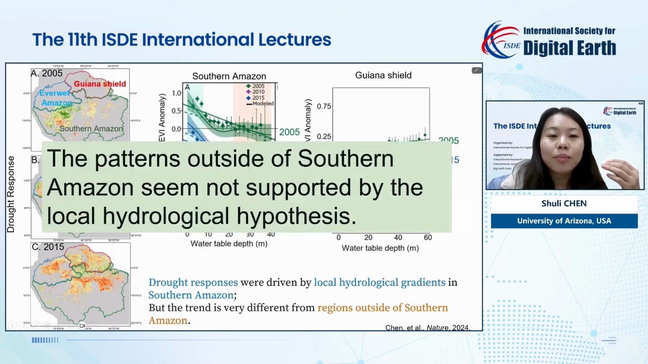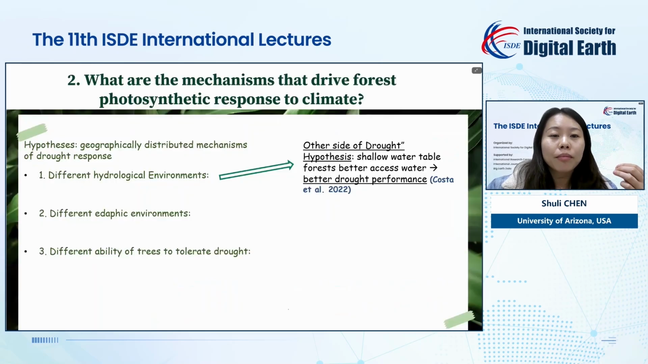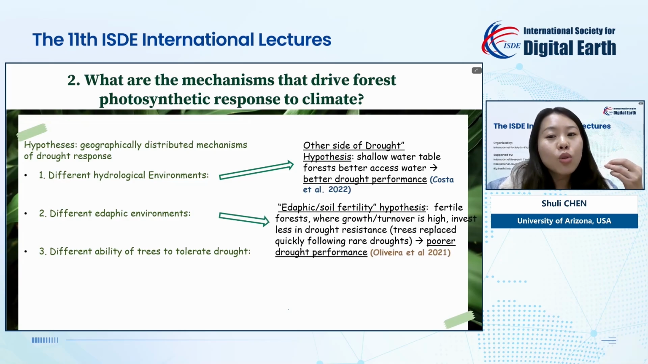So these very contrasting results got me stuck for a little while, because the patterns outside of the South Amazon did not seem supported by my water depth hypothesis. So I wondered what was going on and why it could not explain the spatial heterogeneity. Based on resource theory about competition and resource partitioning, I also looked at the soil fertility